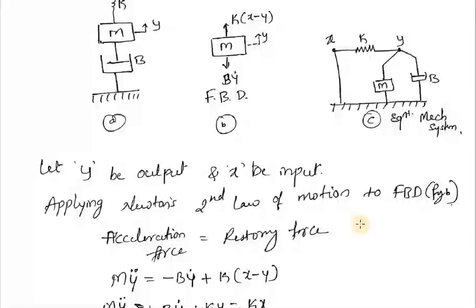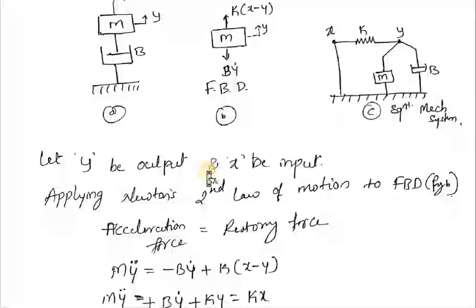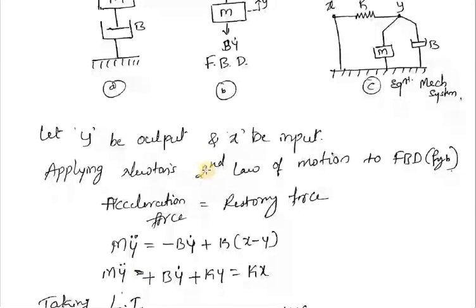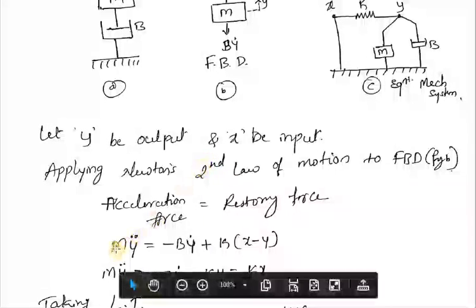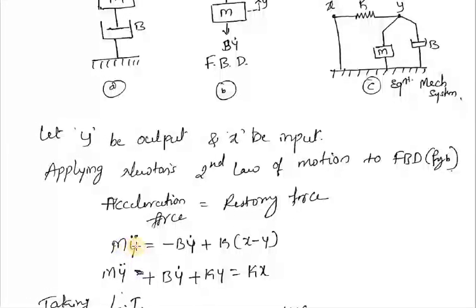So applying Newton's law, and by considering this free body diagram, the acceleration force will be due to mass m. So I will write it as m into y double dot. Its direction is always in the direction of displacement. That is why, m is moving upward, because the direction of y is given as upward. So the acceleration force will be in the upward direction. So m into y double dot will be the acceleration force, which is equal to